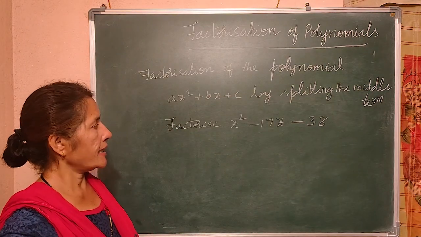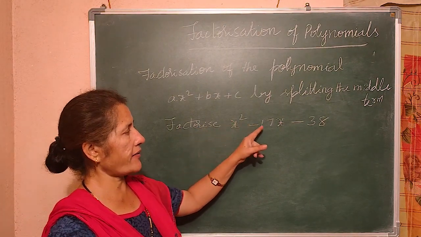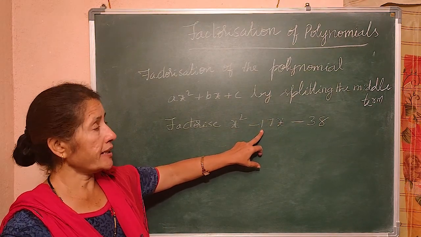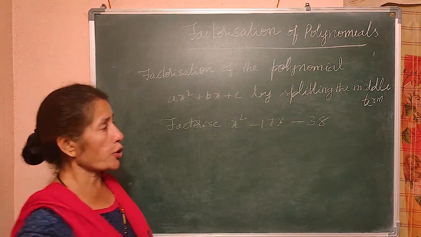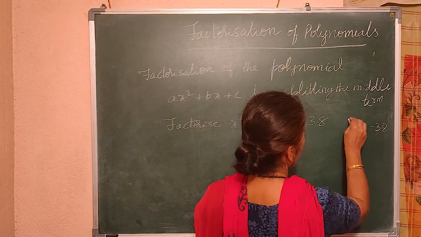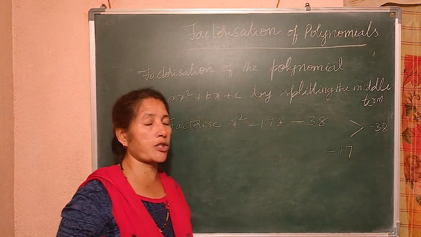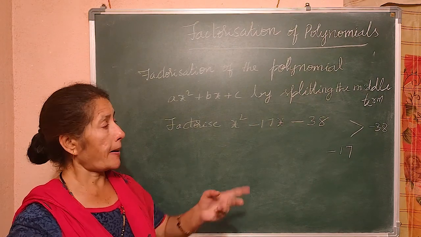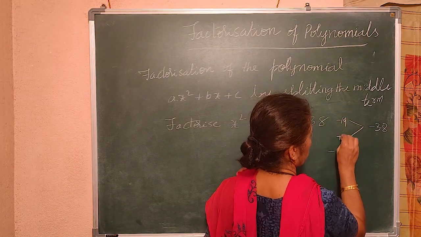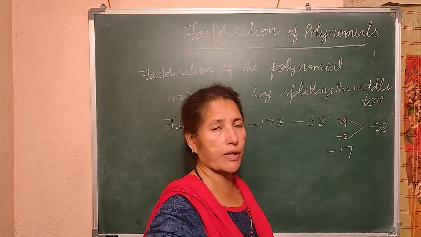See, it is like this. The third question I gave, the simple one, is factorize x square minus 17x minus 38. Again, the middle term after split, the product has to be minus 38. So the product is minus 38 and the sum has to be how much? Minus 17. So you have to think of the factors of 38. 19 twos, but I have to get minus 17. So I do minus 19 plus 2. Correct? 19 twos are minus 38. Minus 19 plus 2 is minus 17.